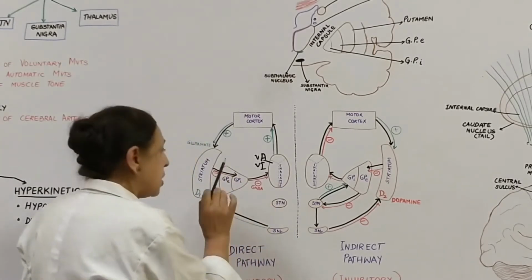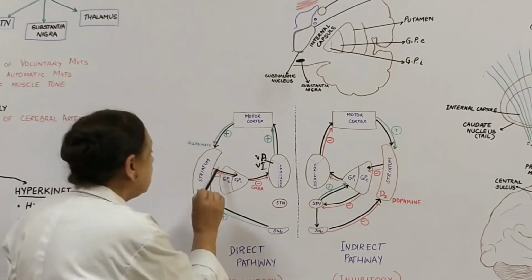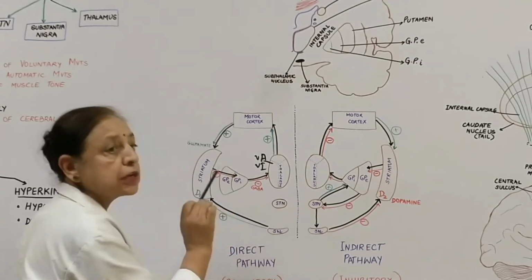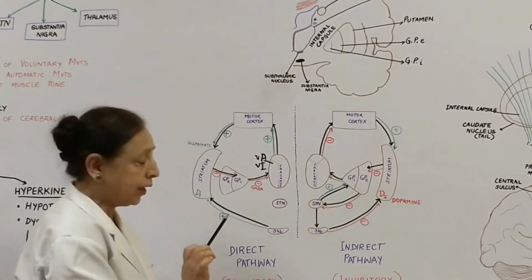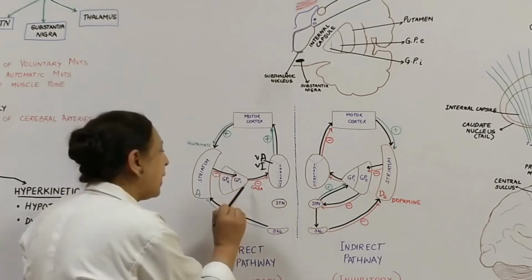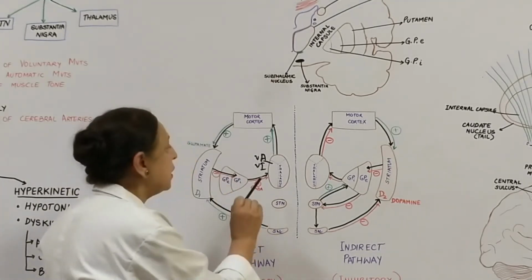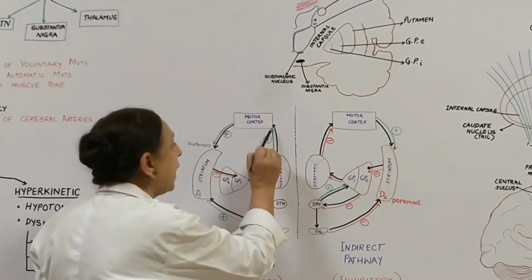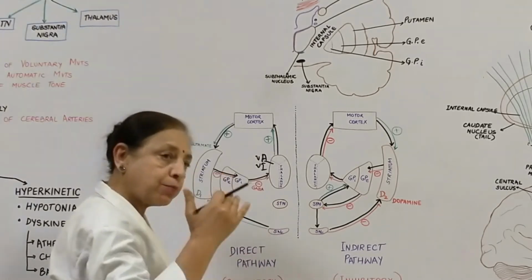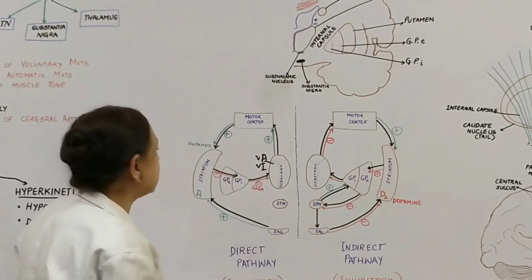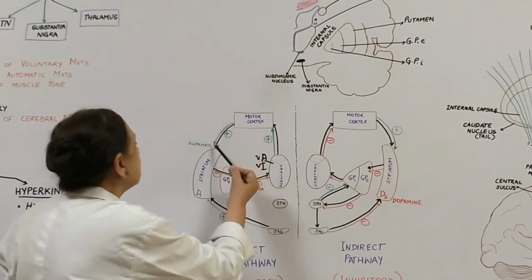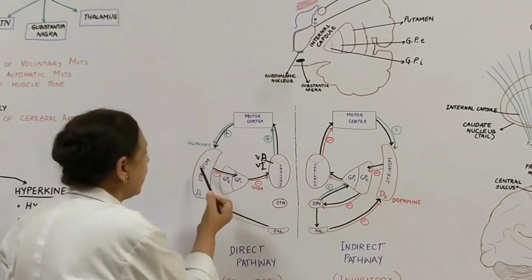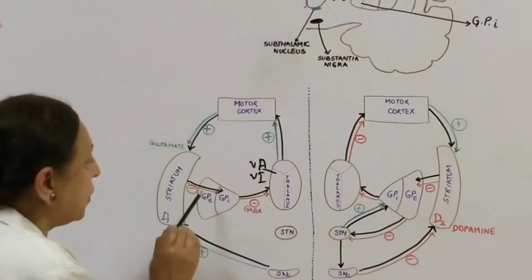Now remember one thing, that the neurotransmitter which issues from the striatum and the globus pallidus is GABA, which is the inhibitory neurotransmitter. Now when this GABA is acting on the thalamus, it is kept under check, and it cannot convey any message to the motor cortex. Now when a movement has to start, there is a glutaminergic fiber which is coming to the striatum, and from the striatum, it will give GABA.